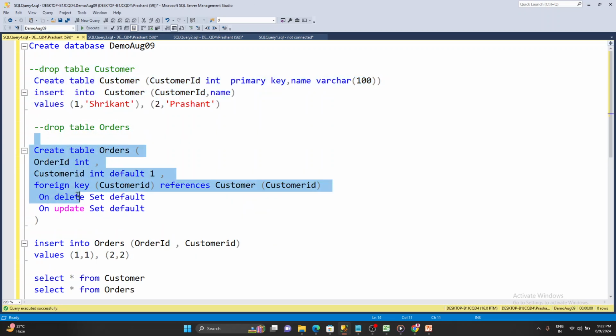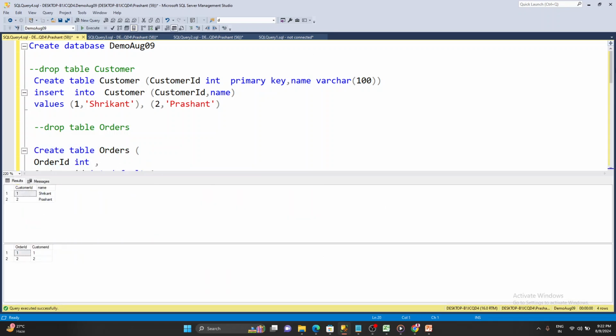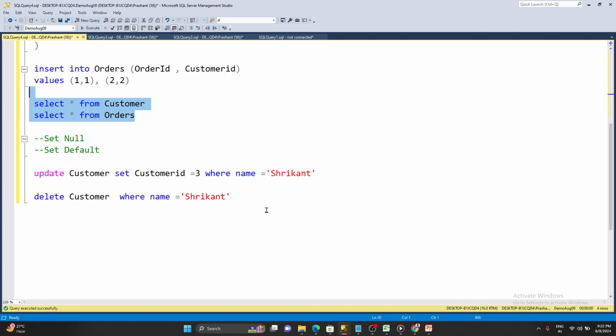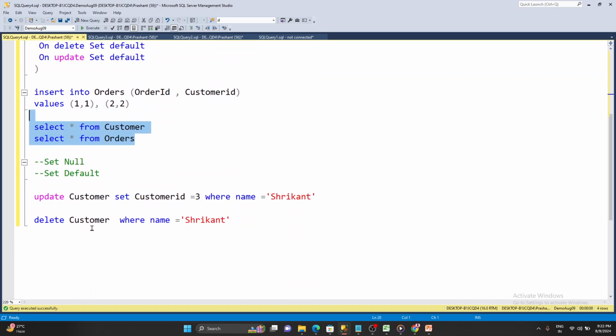Note one thing, we are only changing everything on a child table. Okay, now just to make sure the data is present in both the tables, yes, data is present. Now what will happen? What I'm going to do is delete